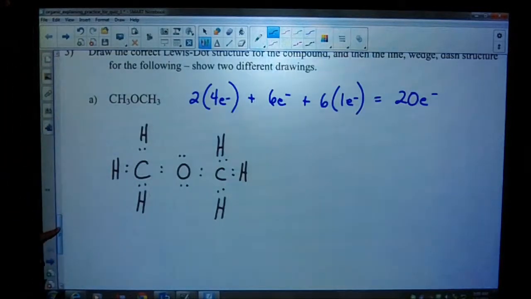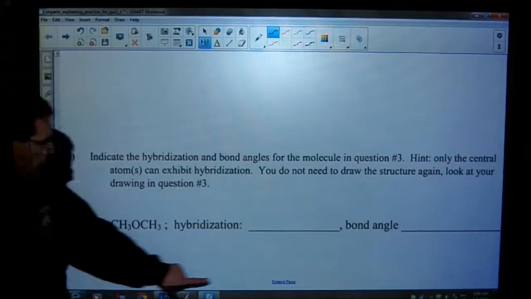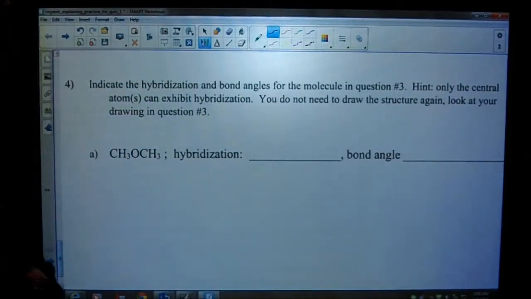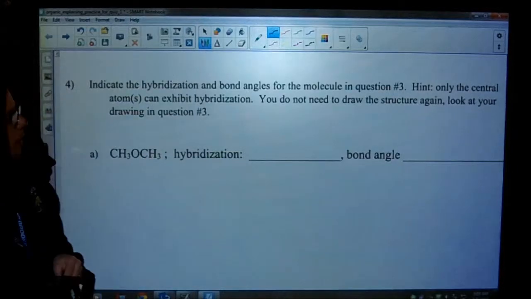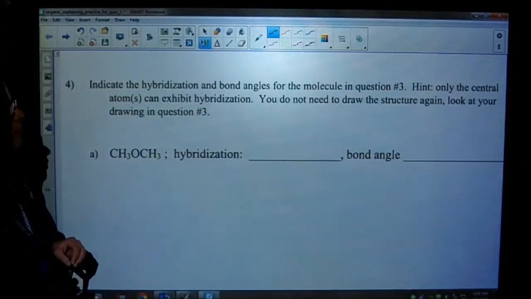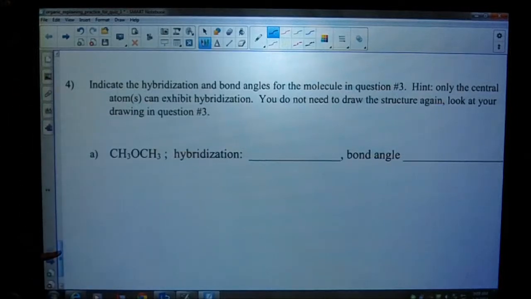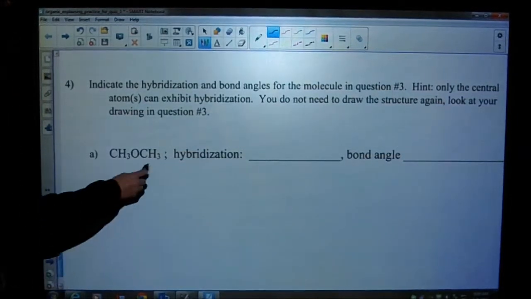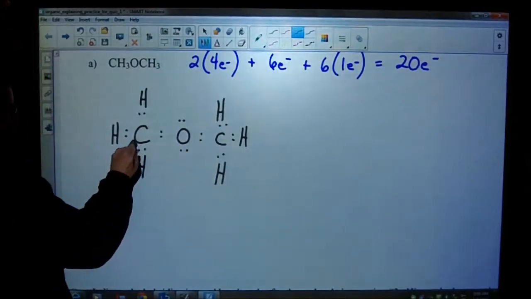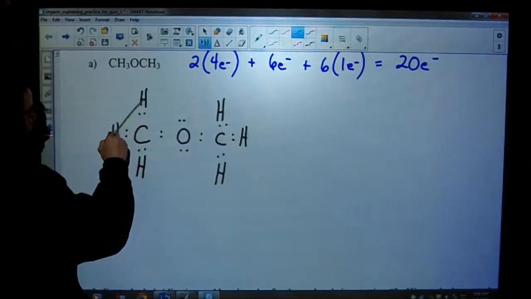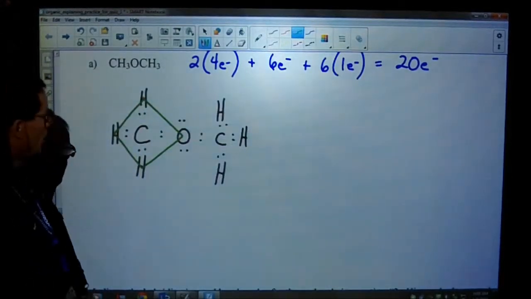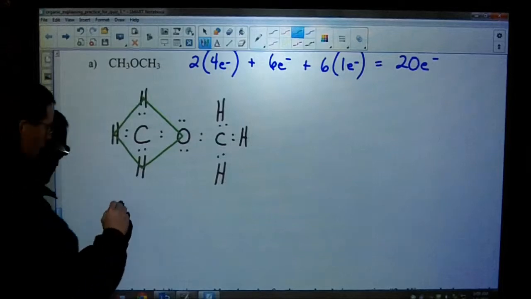Okay? And then the last question here. It says, indicate the hybridization and bond angle for the molecule in question 3. Hint, only use the central atoms that can exhibit hybridization. You do not need to draw the structure again since you already have it. So the hybridization for this, looking at this carbon, we have hydrogen, hydrogen, and oxygen, so we have 4 elements on there. So this one has sp3